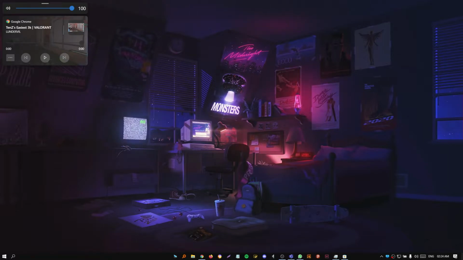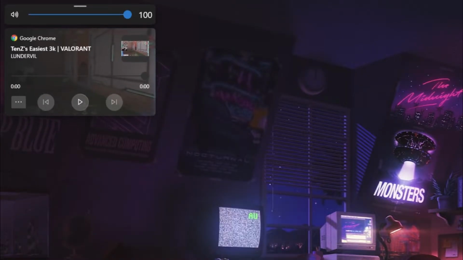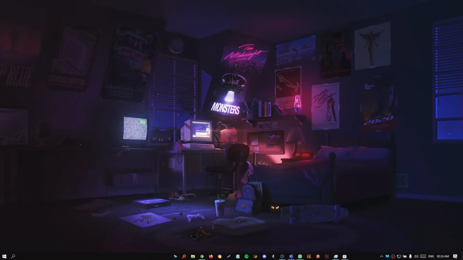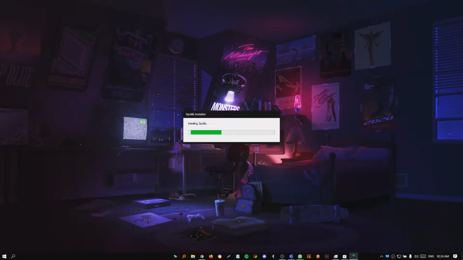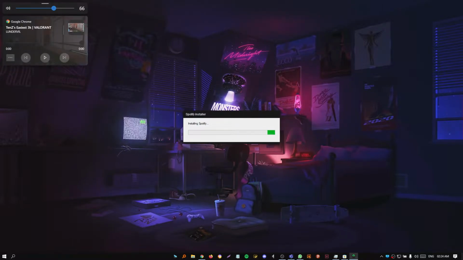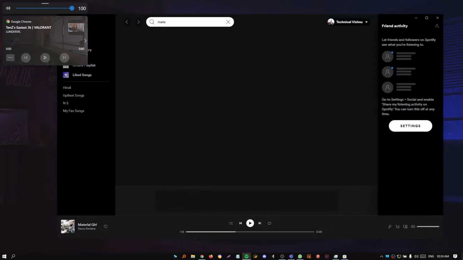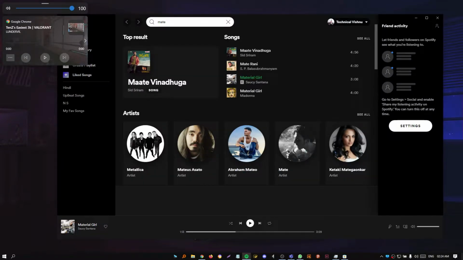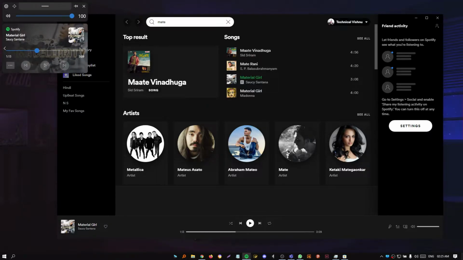Now as you can see here, the total look has been changed, and there is actually an extra advantage here: this has custom Spotify controls. This is how the volume thing works. You can actually switch your windows from here. You can control Spotify from here, and I can control Google Chrome from here. You can control two things at once with this application, and you can just pin this,